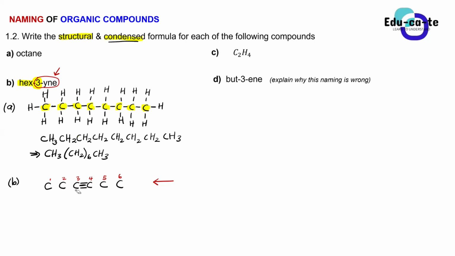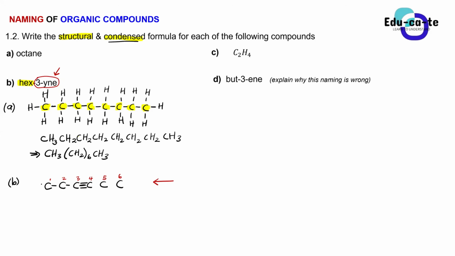But when you are naming it, you're going to say that the triple bond is on carbon 3, because you look at the lowest numbered carbon that has the triple bond. Then the rest you fill with the rest of the carbons. It means that they have single bonds between them. And then to complete this, remember, guys, that we need some hydrogen atoms, because alkynes are hydrocarbons. They must have some hydrogen as well as carbon atoms.